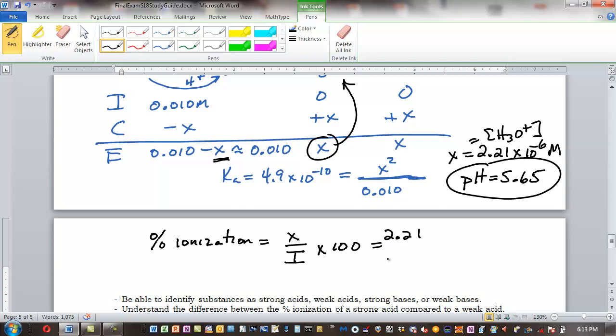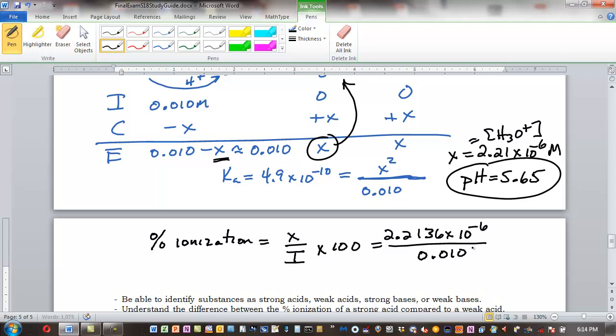This was actually 2.2136, if we carried a few extra sig figs in our number here. If you don't do that on the final, the answer you get might be a little bit off from one